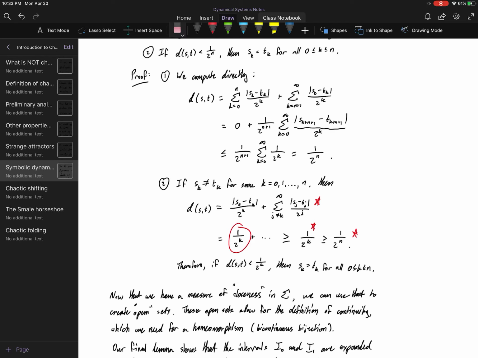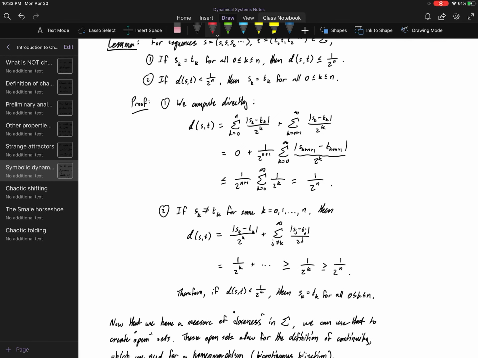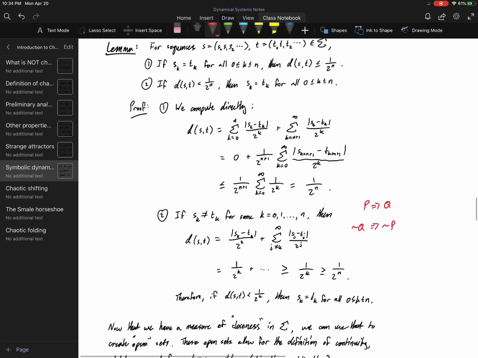Right? They can't be any closer because of this 1 over 2 to the k that's sitting in front. So it contributes at least that much, which means that these two sequences would have to differ in some element, some index from 0 to n. Therefore, we were trying to prove P implies Q here, but we showed not Q